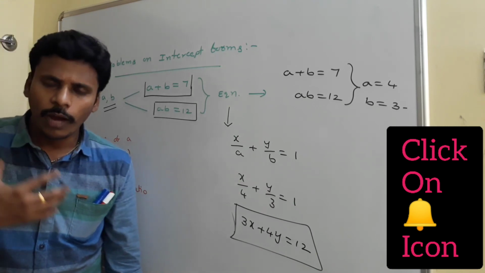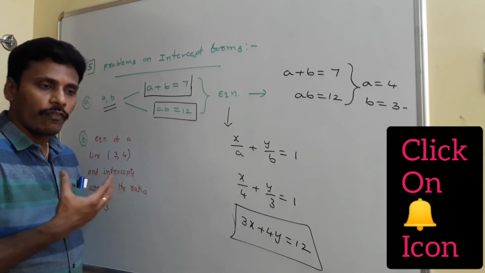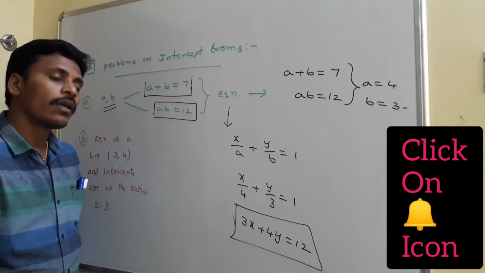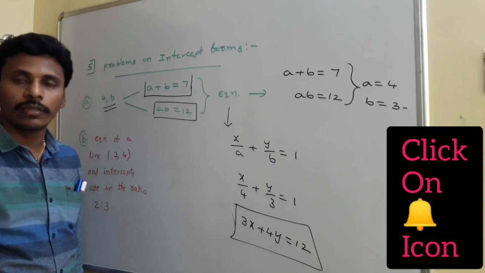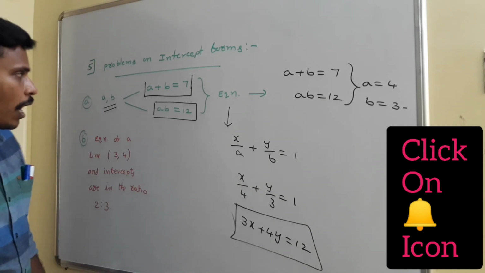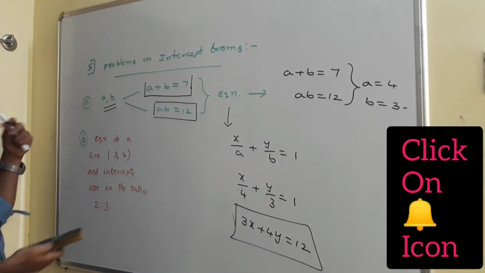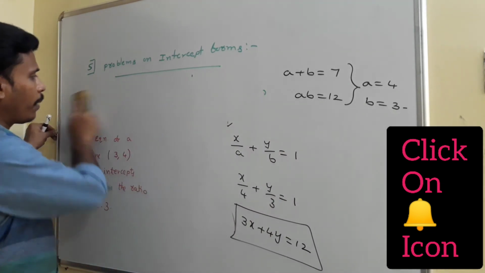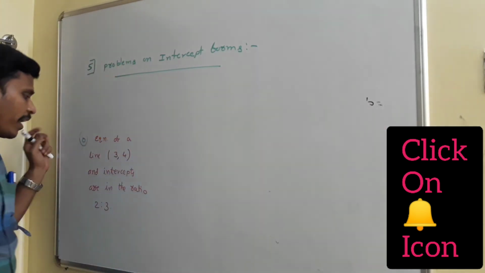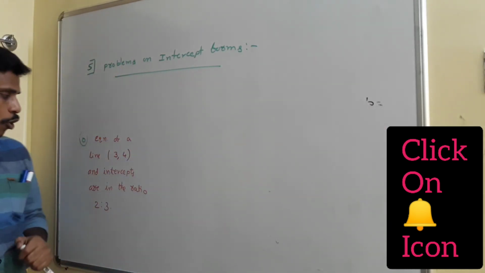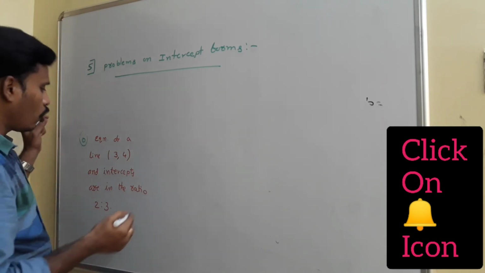So this chapter completely moves with the equations of straight lines. We will find the equations, and sometimes if the equations are given, we will analyze the behavior of the equation, the position of the equation. And now this is the first bit related to the intercept forms of a line. And I have one more question here with me. I am erasing this. In that question, there is a line which passes through the point 3 comma 4. And the intercepts are in the ratio 2:3.